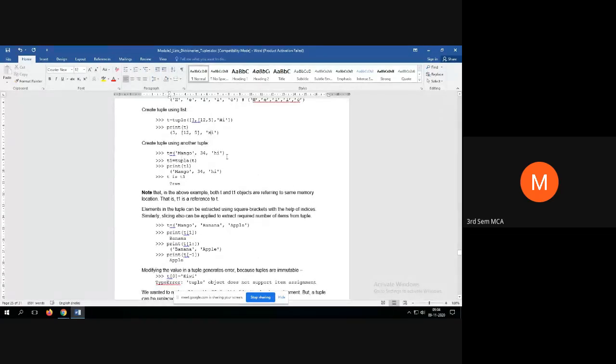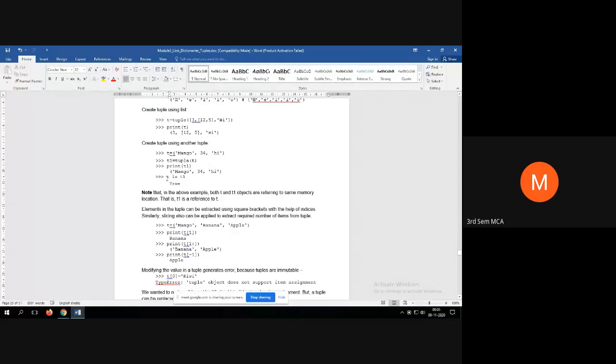Okay, next example. Create a tuple using another tuple. So we have mango, 34 and high, that is T. Now I am creating T1 using T. So T1 is equal to tuple of T. It will work just like a copy constructor. If you print the contents, mango, 34 and high.